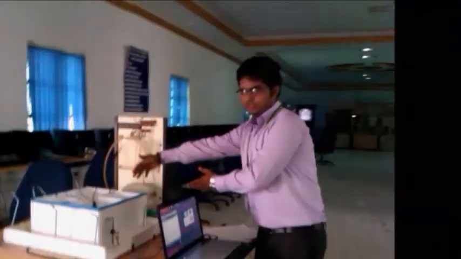You can see the environment which we are going to control with the help of serial communication and the COM port. You can see this is our software named Processing. These are the keys which we are going to control: the CFL lamp, pump, fan, LED. These are all the present conditions of our components. Now I am going to press the button for the CFL light. You can see the CFL light is on. Now I will press the off button to switch it off.